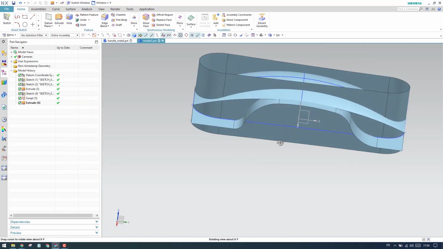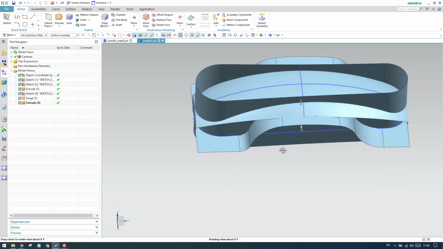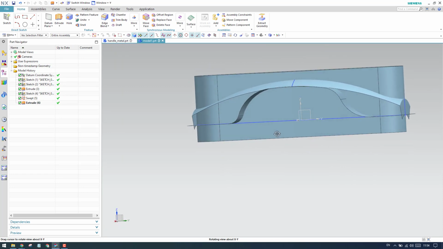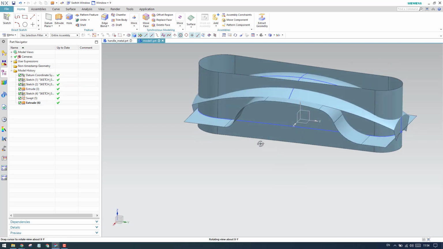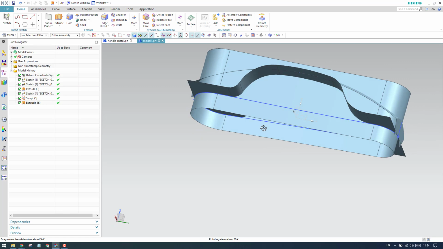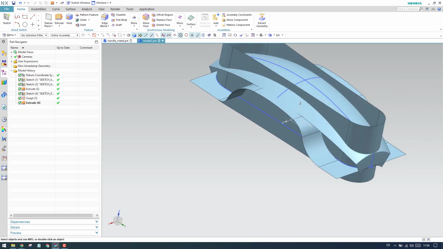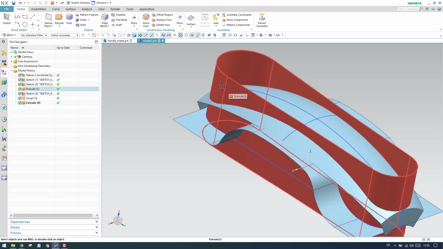So now we have multiple sections here. Now we need to trim these sheets in order to get our required receiver. So I will start trimming each and every curve. First of all, I will trim this portion.